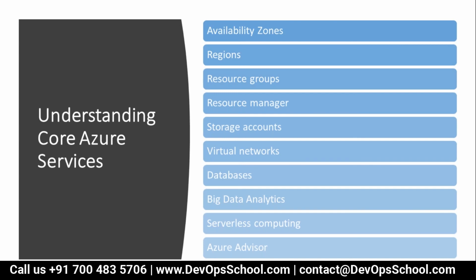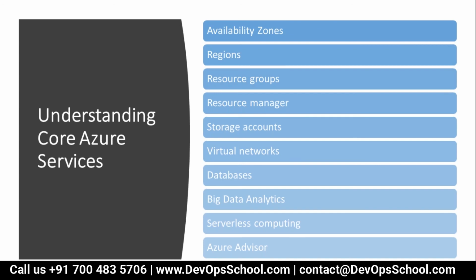First, we are going to discuss the availability zones. What does it mean? Yesterday we created a virtual machine, right? In that we selected the region, East US. Yesterday I told you that I will explain the region and all this stuff in the second module, all the terminology. So now this is the time I'm going to explain. So what is the region?